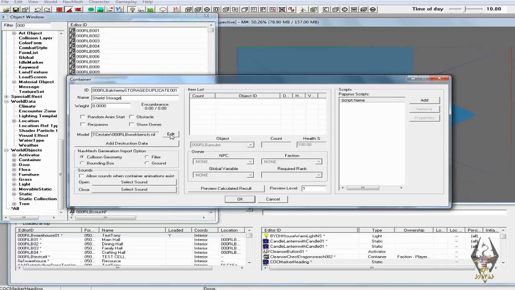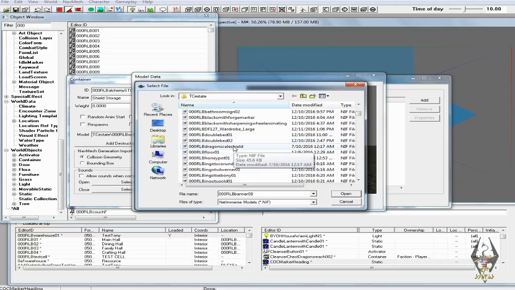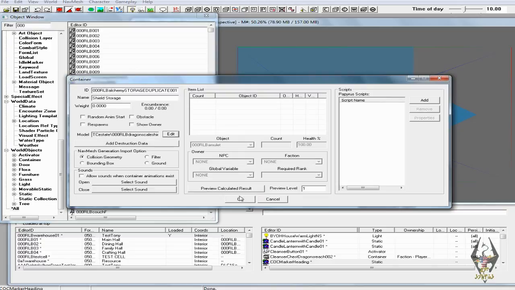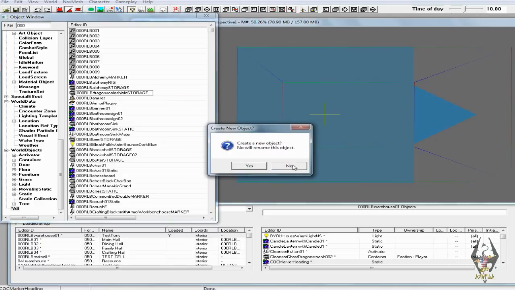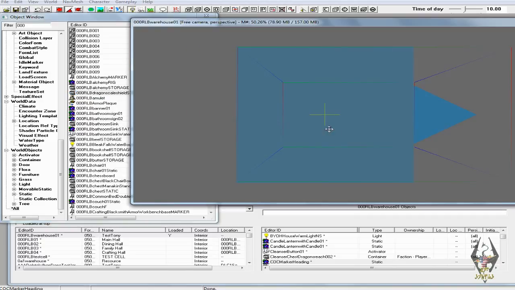And then I'm going to go to the model. I'm going to click on edit, and I'm going to pick my dragon scale shield. Okay, and then I'm going to rename this to dragon scale shield storage, and I'm going to get rid of the duplicate part. I don't need that. And create a new object. No. Yes. Okay, and now in the warehouse,